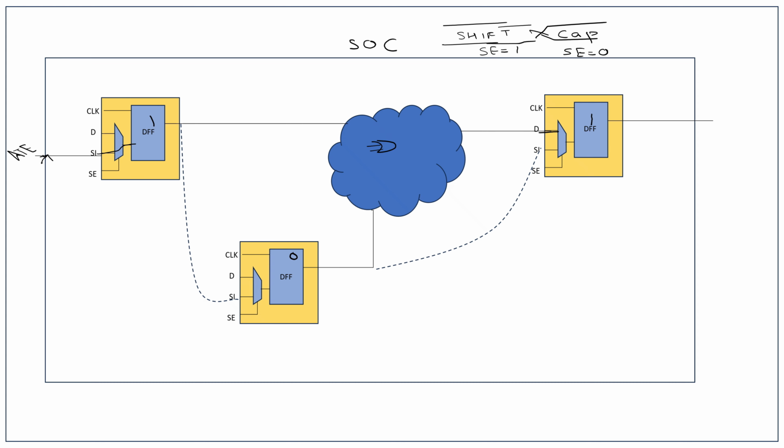So at the end of the shift, 1 would have reached here, 0 would have reached here, and this stimuli would have made the combinational elements within this cloud toggle and eventually produce some output as alpha. The output of this combinational cloud gets captured through the D leg in this flop,